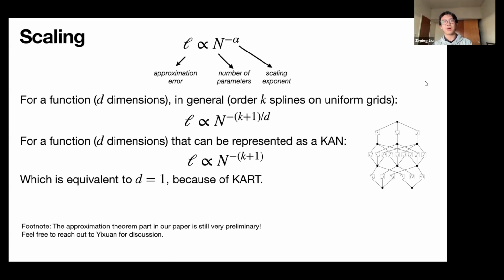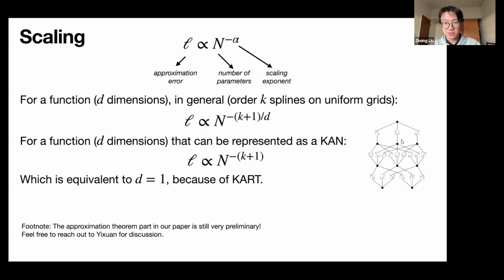Basically, you have an approximation error or some loss function L as a function of the number of parameters, capital N. The dependence is a power law with some scaling exponent alpha. In classical approximation theory, if you have a d-dimensional function which has no compositional structure, but should have some smoothness structure at least,